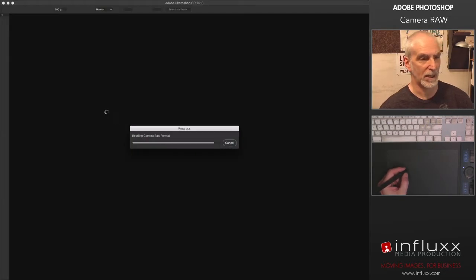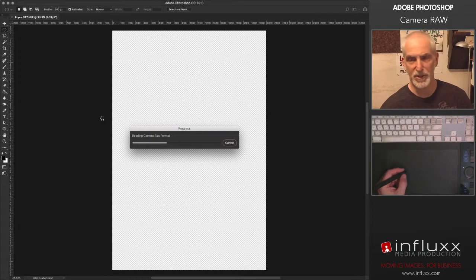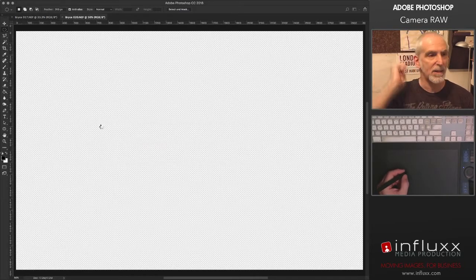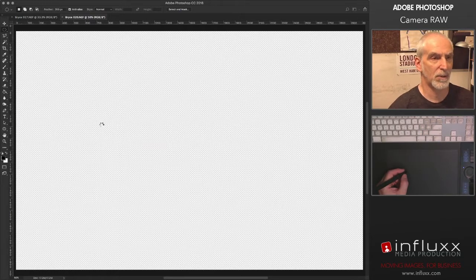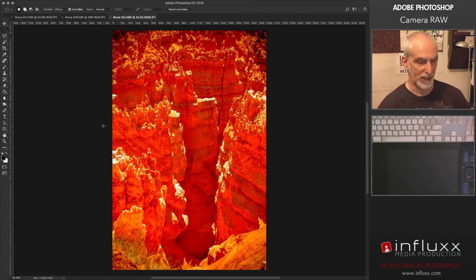It's going to take a little while. My photo library isn't on the fastest hard drive, which is why it's spinning and struggling to keep up. It's more of an archival drive than anything else. So just while it spins here, it's going to go through those processes and open up all these. So that's Camera Raw,